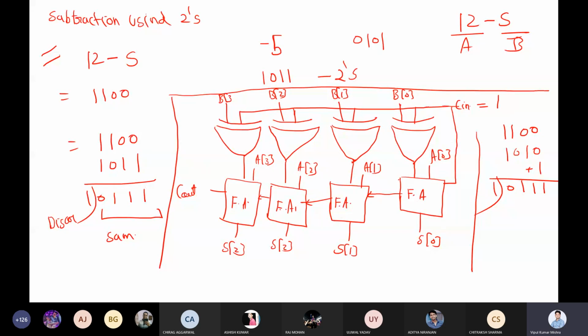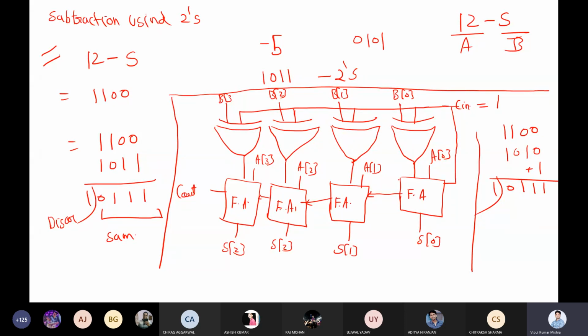Can we get subtraction from here? Got it or not? So means we have modified the circuit, added one layer of XOR, and we have one control unit, that is Cin, and this control unit will help us to identify that this acts as an adder when Cin equal to 0, and this will act as a subtractor when Cin equal to 1.